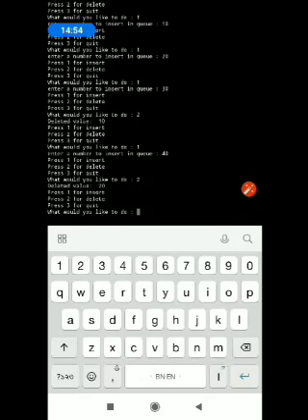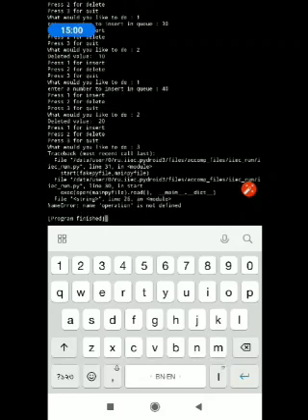I want to quit. I'm choosing option 3 for quitting, and it is giving an error. It says name operation is not defined. In which line number?